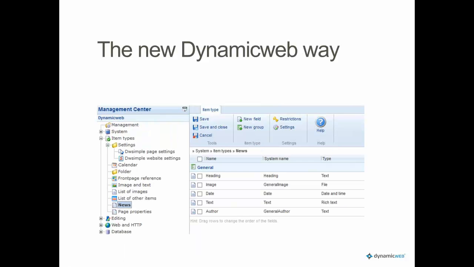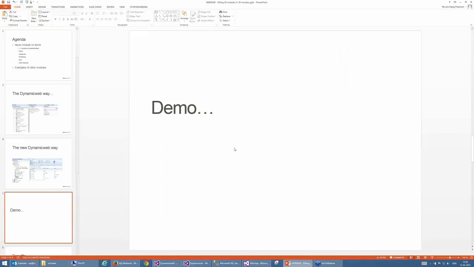The new way of doing this is, of course, to use items. This is a screenshot from the Management Center, which I'm going to show you in a bit. Basically, we have item types, and here I've defined a new item type called news. It contains the same fields as we have from the news module itself, in a simplified version. One of the points here is you can add any fields to your news item. So if you need an image gallery, you can create that using a list of images, or you can create links to products and all kinds of other interesting things you can insert into the definition of a news item, how it should look and what kind of data we should have on the news item itself. But enough talk, let's dig into